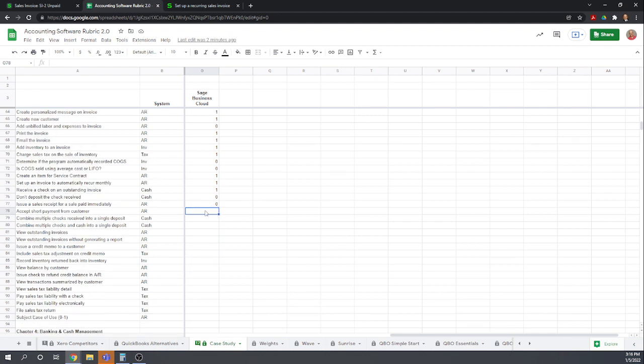Accept a short payment from a customer? Yes. Combine multiple checks into a single deposit? No. Add cash to that deposit? No. View outstanding invoices. Okay, so now moving on, we want to make sure we can view our outstanding invoices